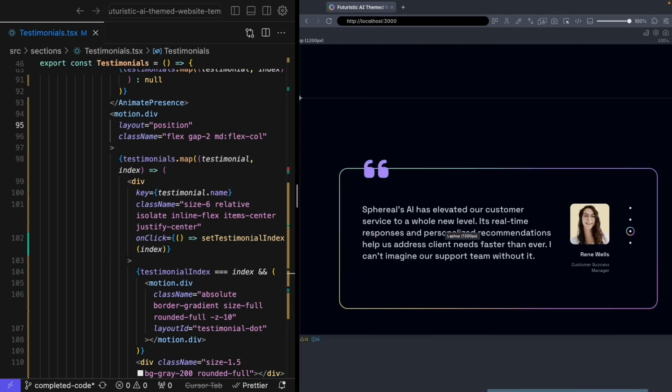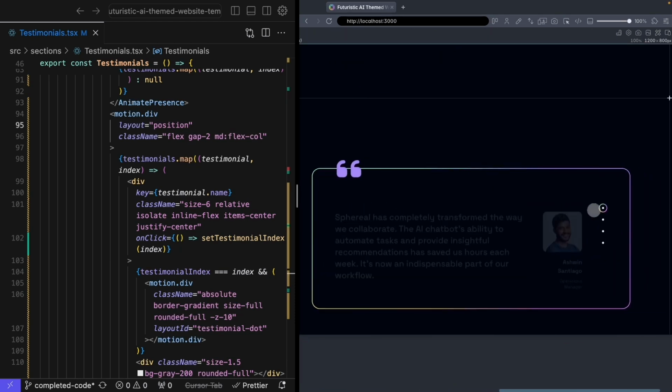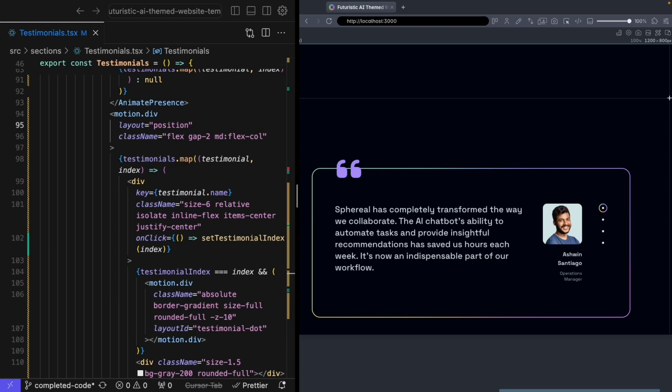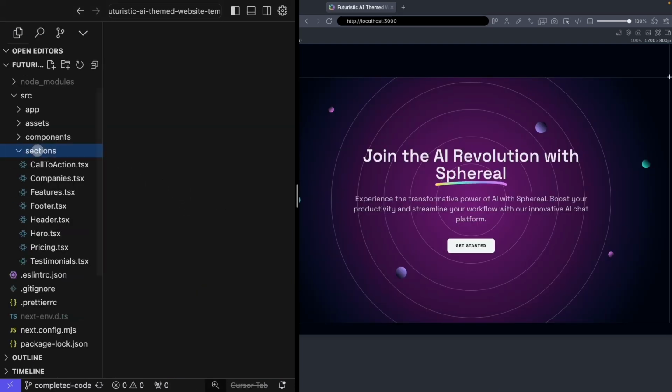Let me come back over to my desktop view where this is really on display. The user is going to love this one, but with this animation complete, we're going to move on. To get started animating this call to action section, let's open up our sections directory and go to our call